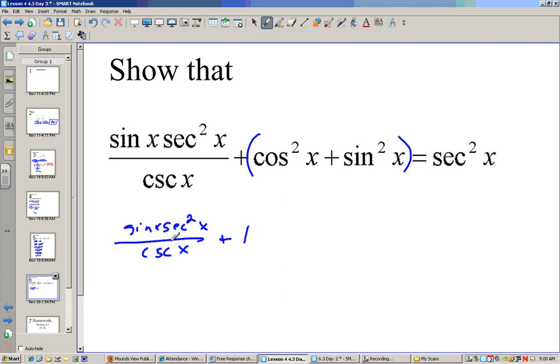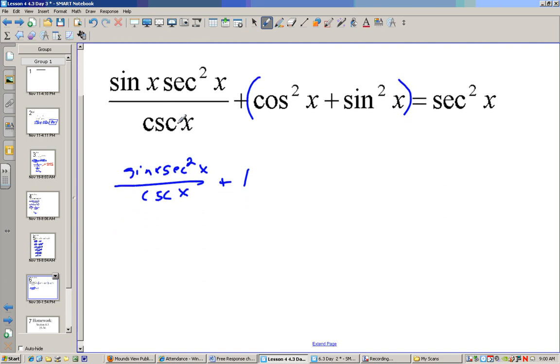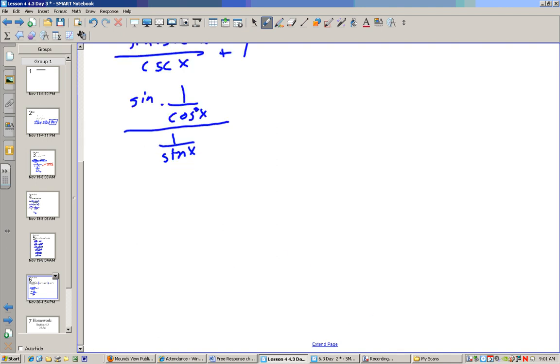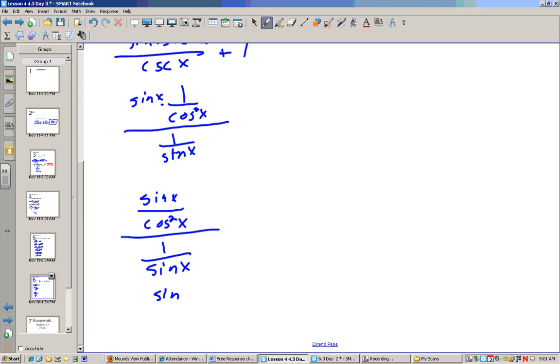Now let's think about what we can do here. We can say this is sine times 1 over cosine squared, all divided by 1 over sine of x, which is the same thing as sine of x over cosine squared x over 1 over sine of x, which is also the same thing as sine of x over cosine squared x divided by 1 over sine of x,